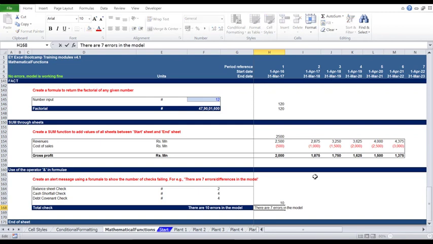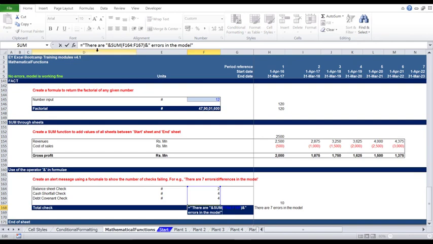You could say I could always go back and edit it back to 10. But don't you think that's a tedious exercise and a manual one? Every time our model goes through a change, we'll have to see whether the errors are being reflected correctly. There is a way that Excel allows us to automate this, and that is through the AND or the ampersand operator. As you can see in this example,